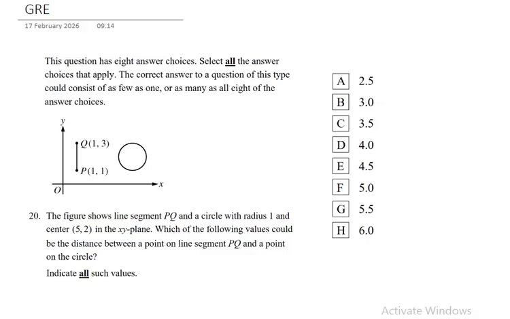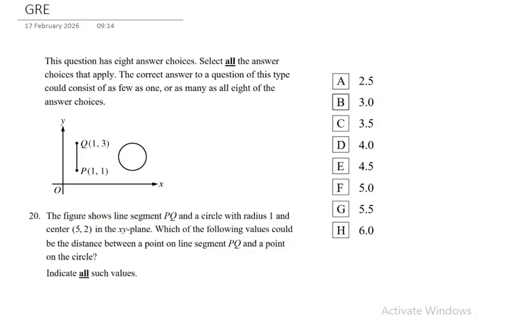Now second, which will be our strategy? To find the possible distances, we find first the minimum possible distance and second the maximum possible distance. Any answer between these two values is possible. Now finding the closest point on the line segment PQ to the center (5, 2) will give the smallest distance